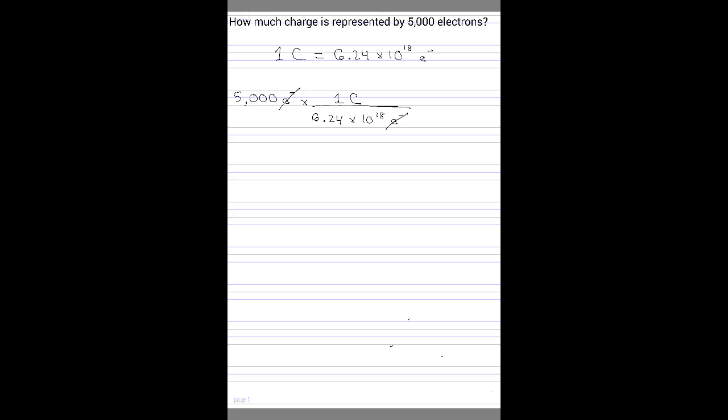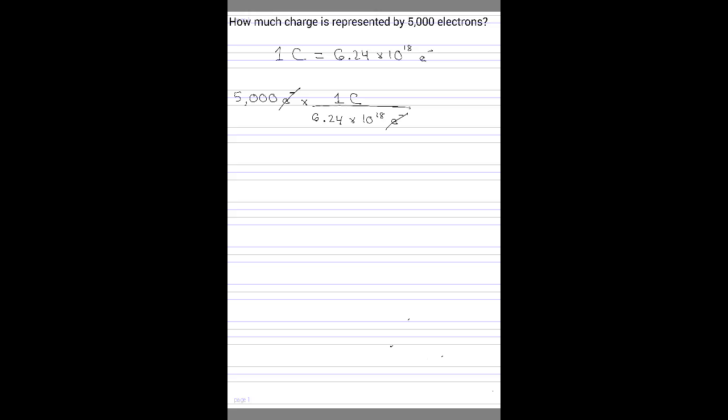Now really this next step is just simple arithmetic. We divide 5,000 by the quantity in the denominator, 6.24 times 10 to the 18th. Of course, this is something that would be best done on the calculator, although you really can do a quick and dirty sanity check in terms of what answer you should get. 5,000, of course, can be represented in scientific notation as 5 times 10 to the third. Those three orders of magnitude in the numerator would cancel with 3 of the 18 in the denominator,